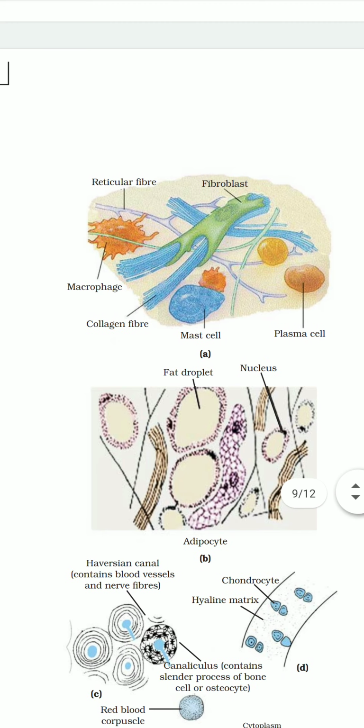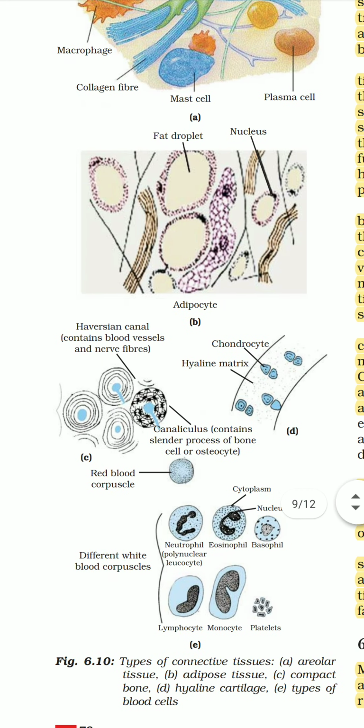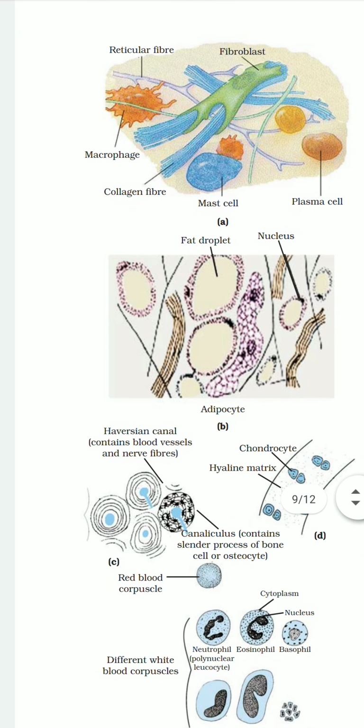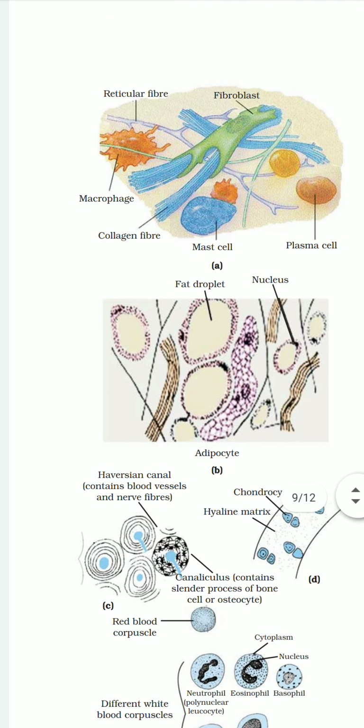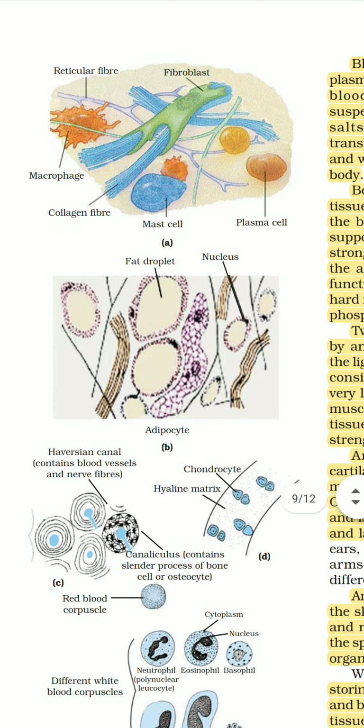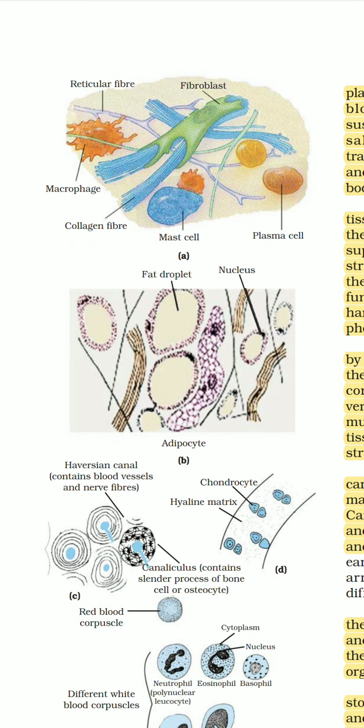As you can see here also, these are areolar tissues. Areolar tissues are also made up of different types of cells. It is loose connective tissue, so it has collagen fiber, plasma cell, fibroblast, reticular fibers. All types of fibers are present in this. They have fibroblasts which make fibers. So all are doing different kinds of function. See the way they contain different types of cells in their matrix. So this is all about your connective tissues.